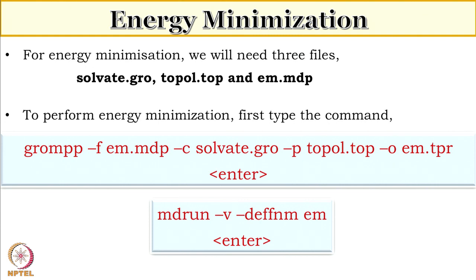You can open the file solvated.gro by using the command vi, and then you go to the last line, it will display the box length. The box length will be according to the type of box that you have chosen. Suppose in this case I have taken a dodecahedron box, so it will give me the box length according to a dodecahedron box. But it can also be done using a cubic box. So what you do there is -bt, then instead of dodecahedron you type cubic. So it will create a cubic box.